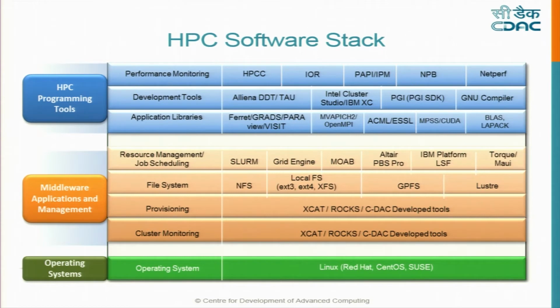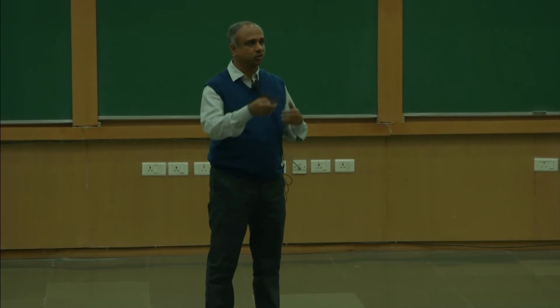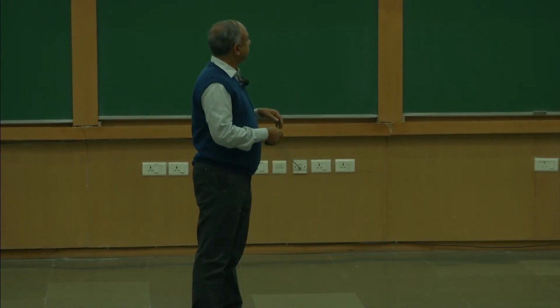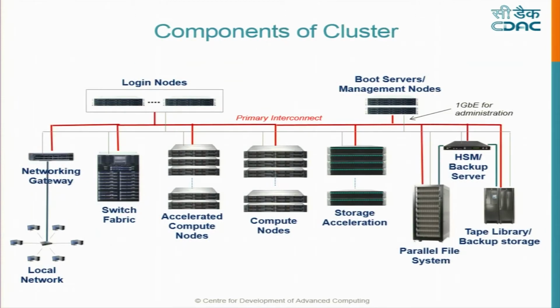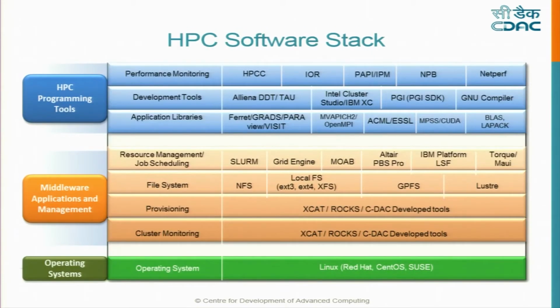Then the file system. This is the parallel file system. You have NFS, which you all know, used for sharing data. Like you have a pool of data at one location, through NFS you can share it. But you also have general purpose file systems like Lustre. These are parallel file systems. Remember I had shown you a parallel file system here. This file system is actually either Lustre or GPFS or any other such file system. That allows access to multiple parts of a file at the same time.